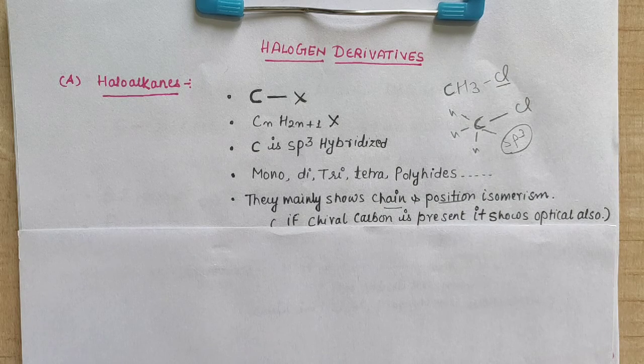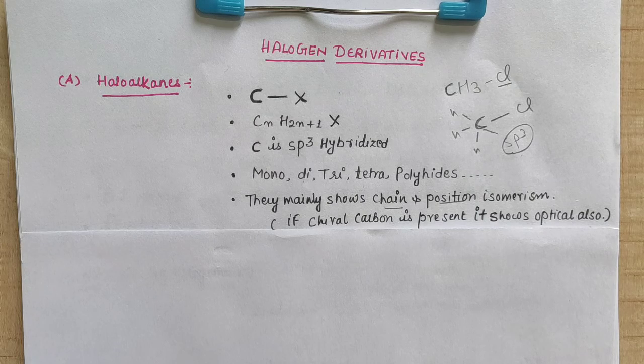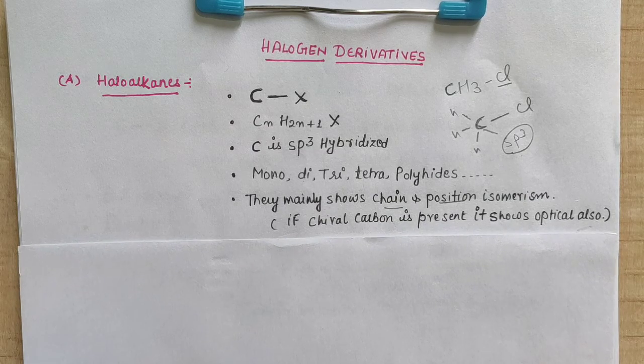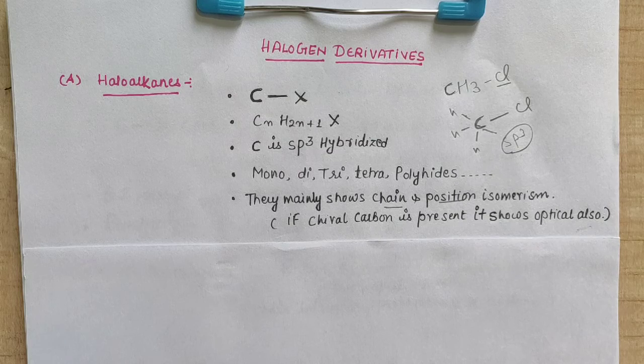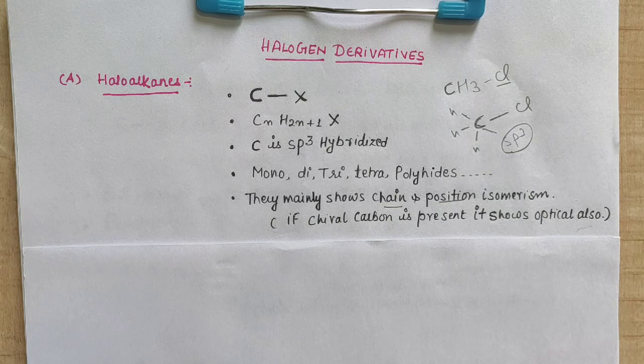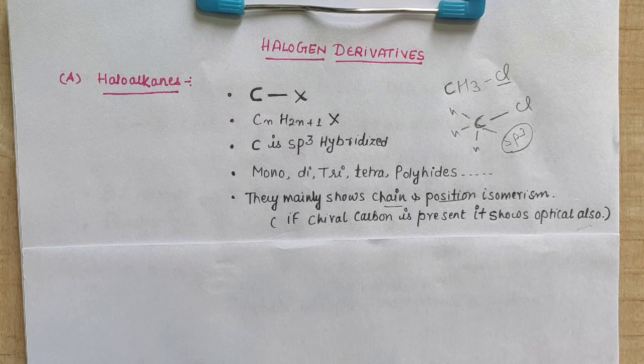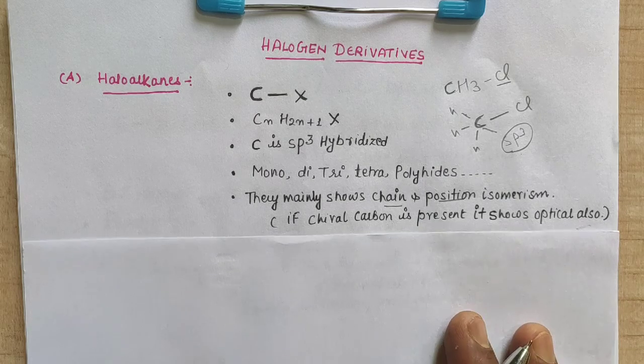So today, I'm going to start class 12th Organic Chemistry Chapter 1. This is the second book, part 2, first chapter of organic, that is haloalkanes and haloarenes. Before starting this lecture, we have discussed class 11 GOC. Now, to understand this chapter, which is totally based on organic point of view, this is halogen derivatives, under which the first chapter is coming, that is haloalkanes. So first we will understand what haloalkanes are.